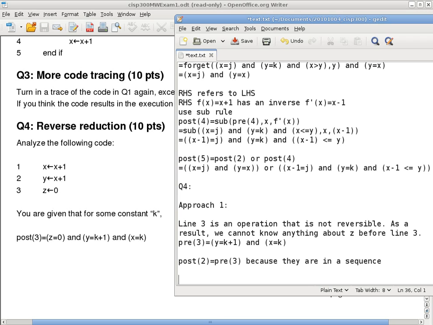Okay, so now we have post 2. Post 2 is y equals k plus 1 and x equals k. The question is, can I go back to pre-2? And it's the same thing. Line 2 is an operation that is, once again, not reversible. It is not reversible because the right-hand side does not refer to the left-hand side. The only time it is reversible or possible